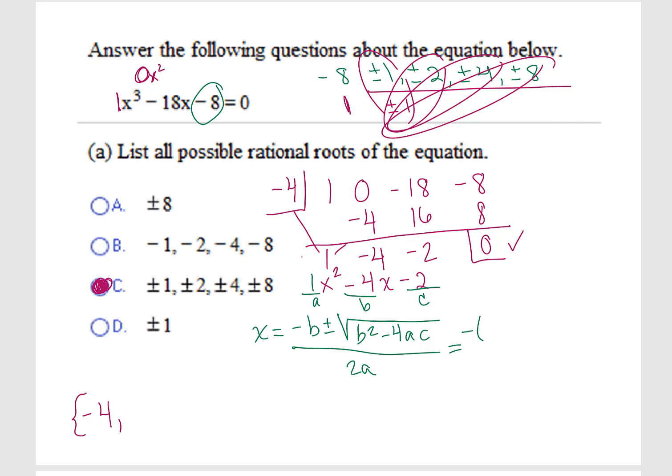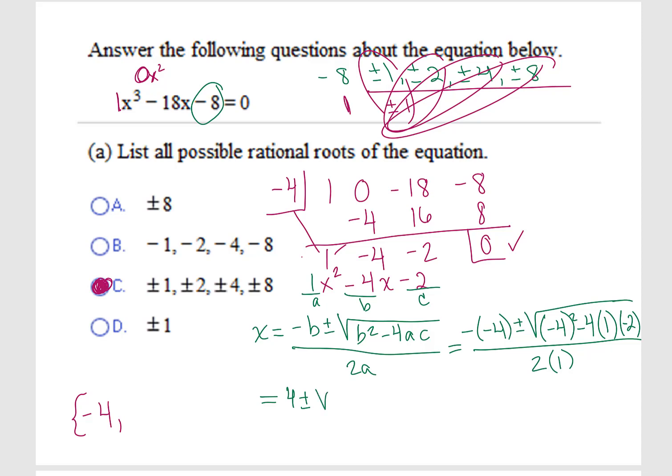Negative B, make sure you account for that B being a negative 4, plus or minus the square root of negative 4 squared minus 4 times A is 1, C is negative 2, all over 2A. So we have positive 4